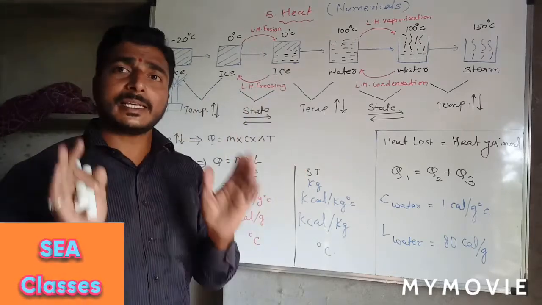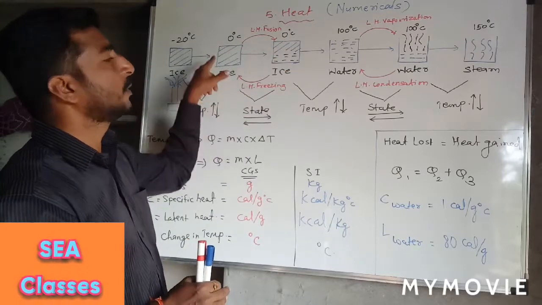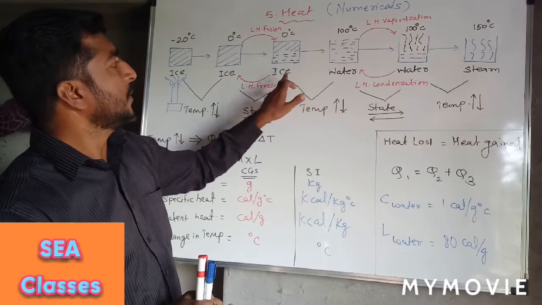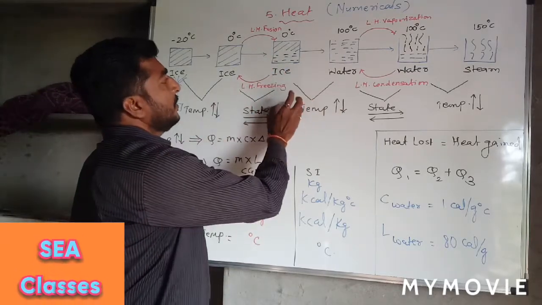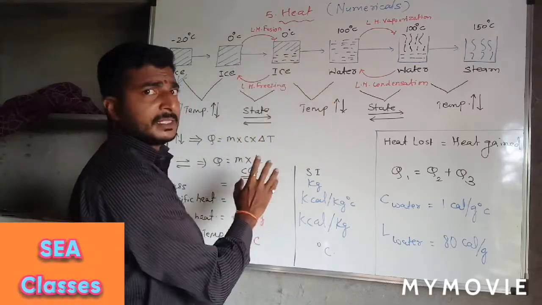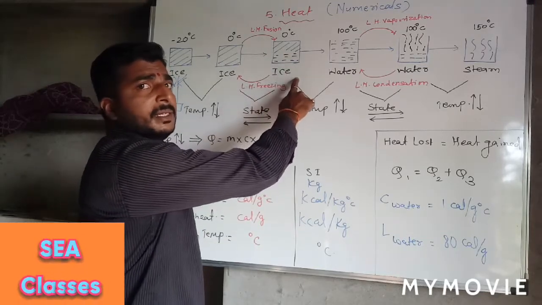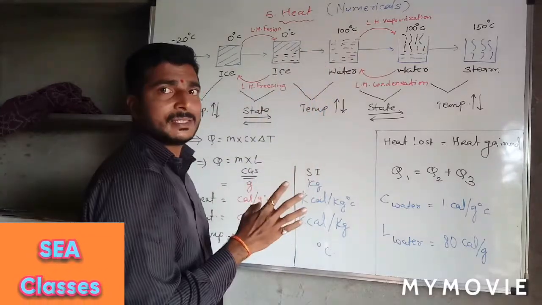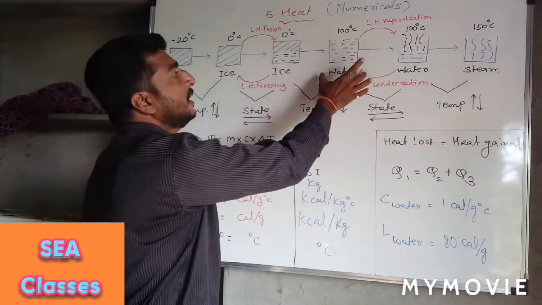It will remain the same. The same amount of heat is required to convert solid to liquid and liquid back to solid. Now further, at this stage, if we continue to heat the water, now the ice is converted to water at 0 degrees Celsius. If we start giving heat to the water, it will increase the temperature from 0 up to 100 degrees Celsius: 0, 10, 30, 50, 60, 80, 90, up to 100.